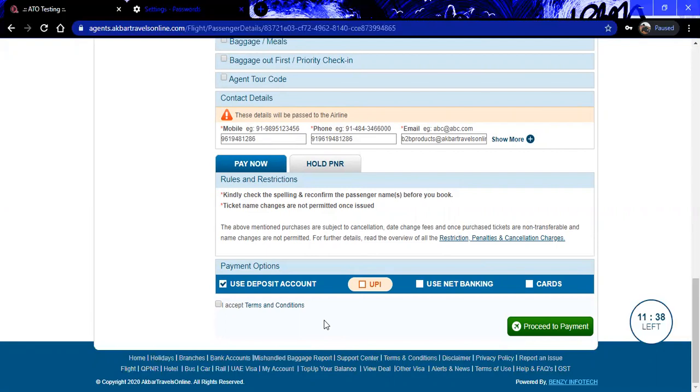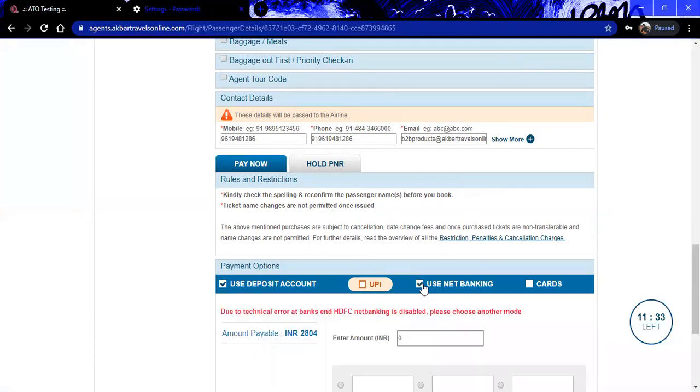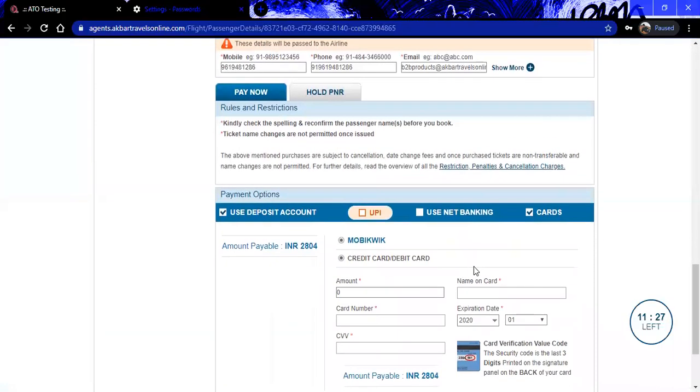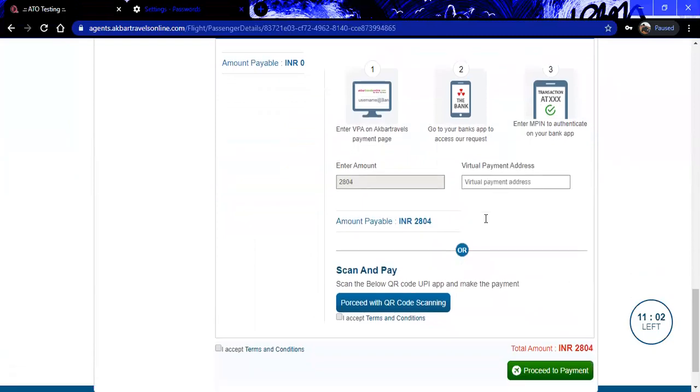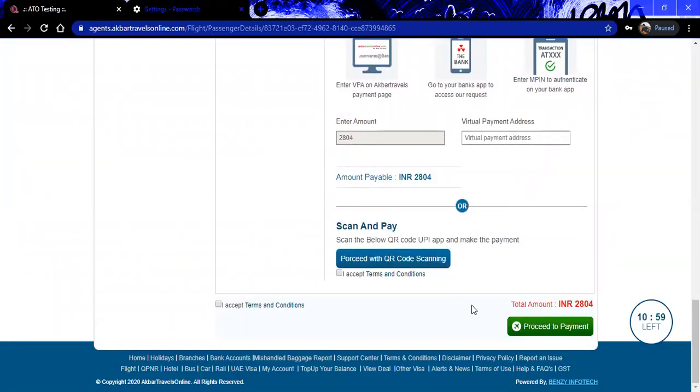Or if you wish to accompany this with another payment gateway, you can do that also. You can select net banking, or you can select a card service, that can be a debit card or a credit card. So this can be accompanied. If you wish to pay this much and you have low balance, you can use the card service also, or we have introduced a new UPI service also. Or if you wish to go ahead only with the UPI, only with net banking, or only with the card service, you can go ahead, accept the conditions and proceed for the payment.